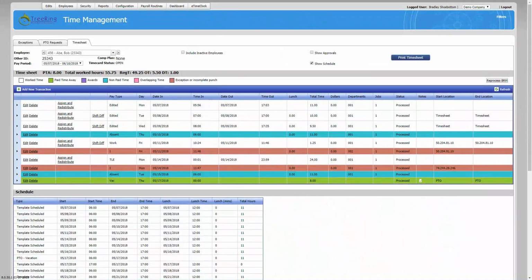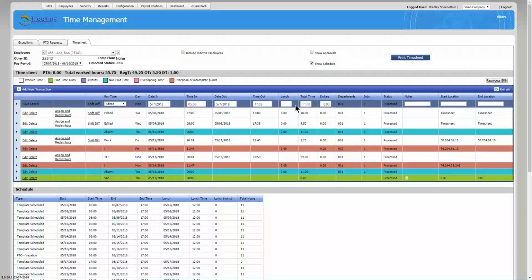It's also possible to add a missed punch. Missed punches can often be for lunch or breaks. For Bob, there are two ways of handling this. If it's a lunch punch, we can do that in the timesheet. Quite simply, we can just click for Bob on the missing lunch, and we could add in the amount of time that he took for lunch. But if you want it to be more precise, for example, we couldn't do breaks here. But if you wanted to be more precise about the time in and out for lunch, we would need to